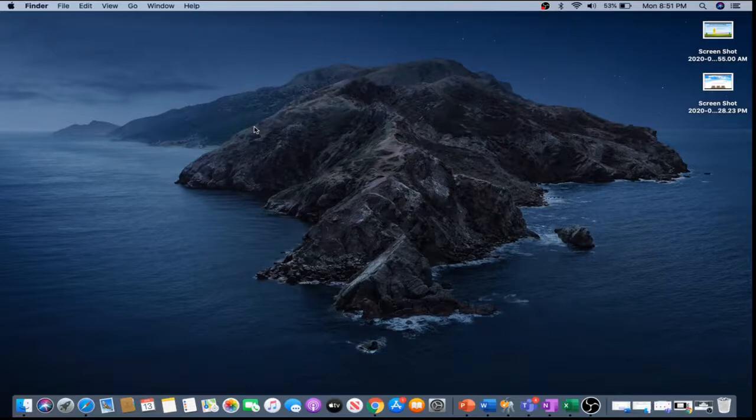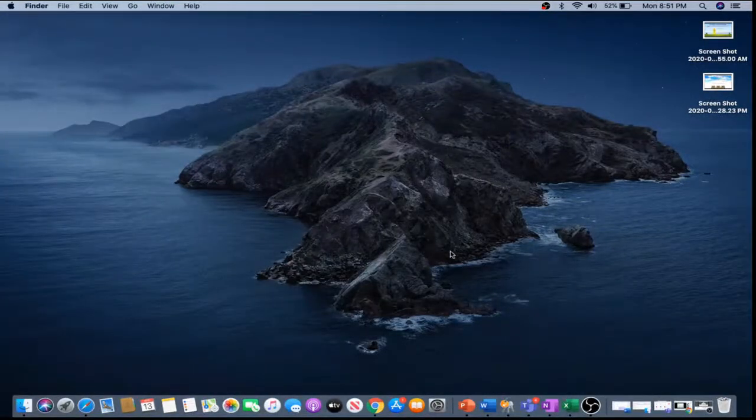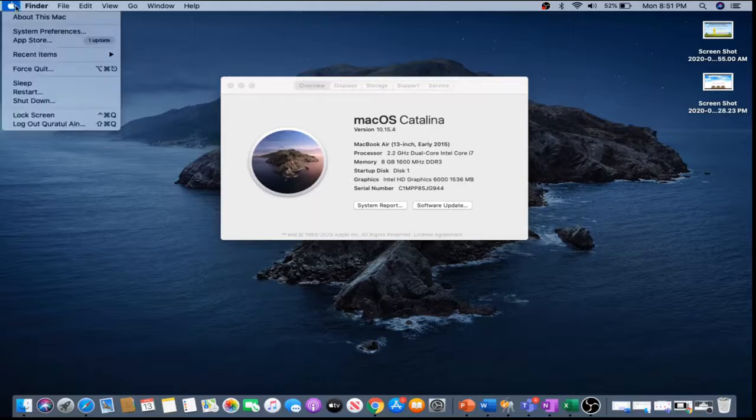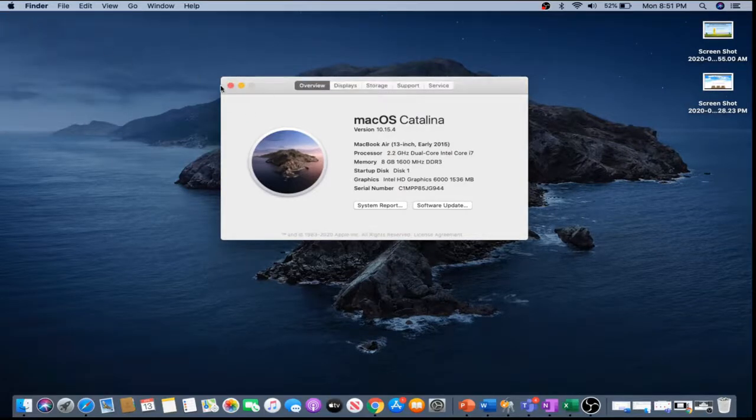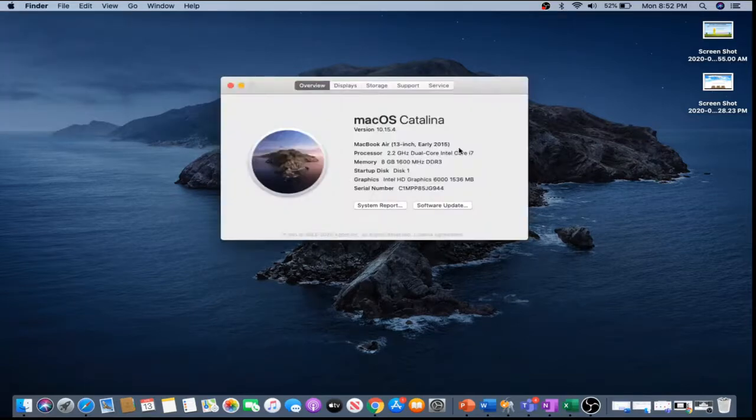Today in this session I'm going to share with you how you can use a magnifying glass in a MacBook. I have a MacBook Air right now. Just click on this Apple icon and click on About This Mac. You can see the details of the Mac, and recently I installed macOS Catalina 10.15.4.